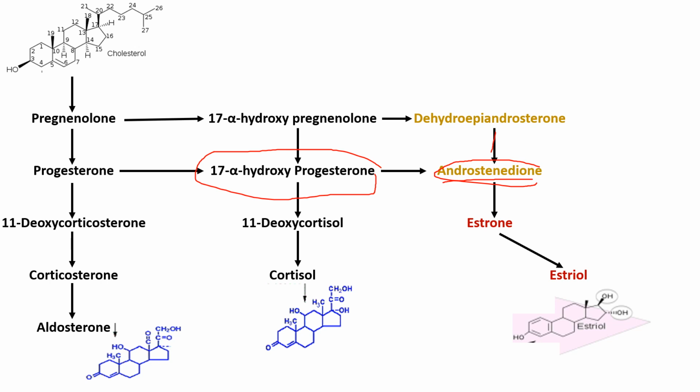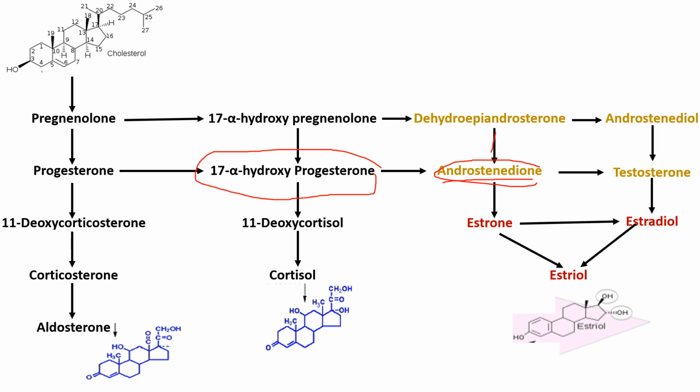This androstenedione is converted into estrone, and estrone is converted into estradiol. And the last pathway is androstenedione, which is converted into testosterone, testosterone into estradiol, and it is converted to estriol. These are the structures of this one. Now we are going to see its